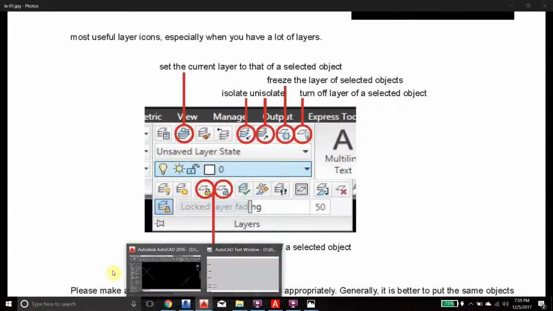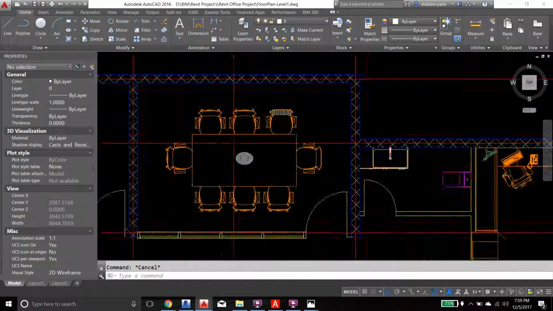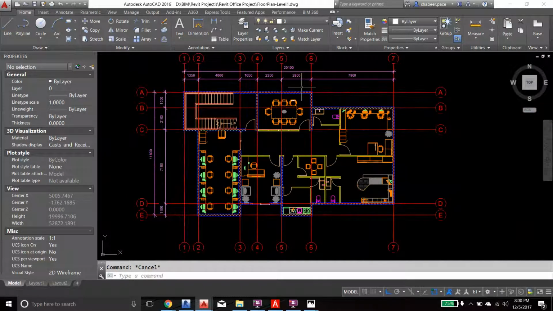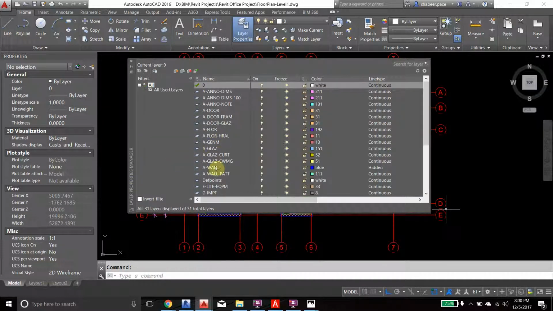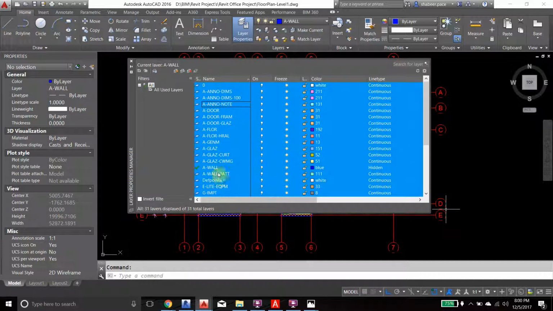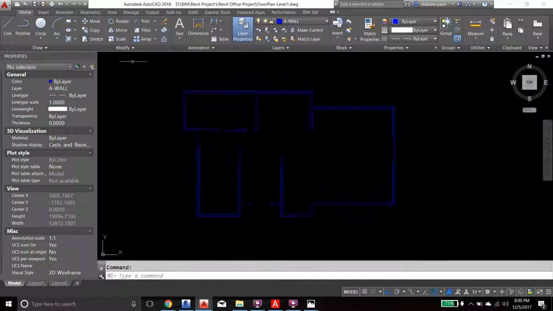Okay. Now when I look at this drawing, I want to see only the walls. I don't want to see anything else. What can I do? Yeah, I want to see only the walls. I don't want to see the remaining things. So the general thing a beginner can do is go to the layer, select the wall, make it current, and select everything except the wall and turn it off or freeze it, right? So we can see only the